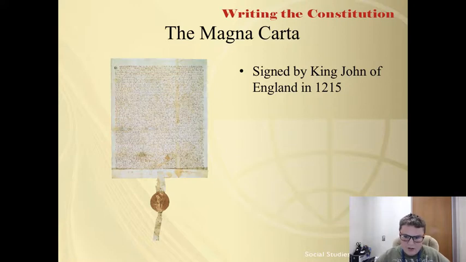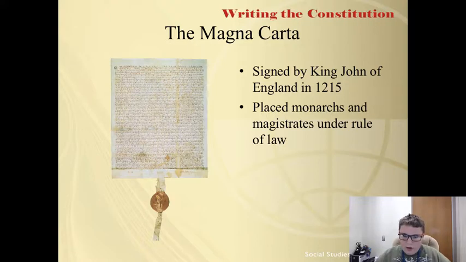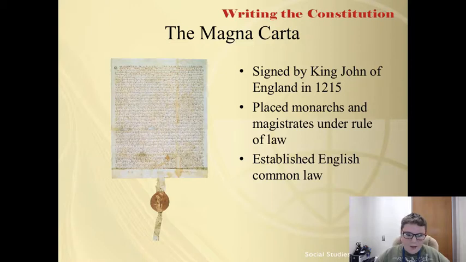This established that no government official can be above the law, and as such must follow the written law. The Magna Carta formed the foundation of the English common law, which considered fundamental legal proceedings and traditions as binding precedent. American colonists followed the same rule of law in establishing colonial legislatures and then a national government.